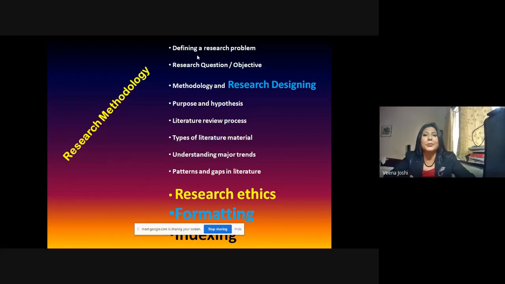Second, diagnosis. Diagnosis has to be correct. If the diagnosis is not correct, any amount of medicine which we take is not going to cure it. And that is when we are going to design and define methodology now. So this second part of diagnosis part is what we call methodology and research design.